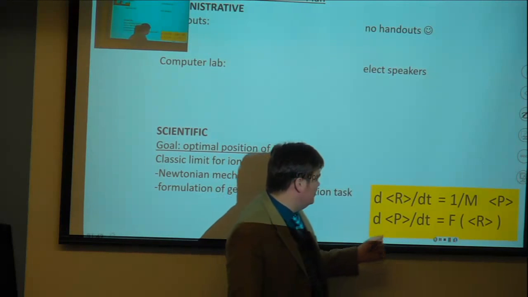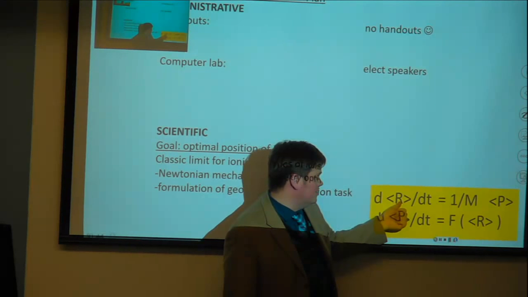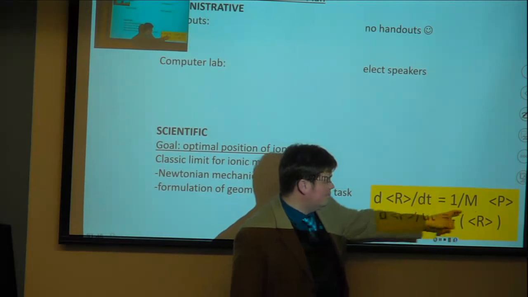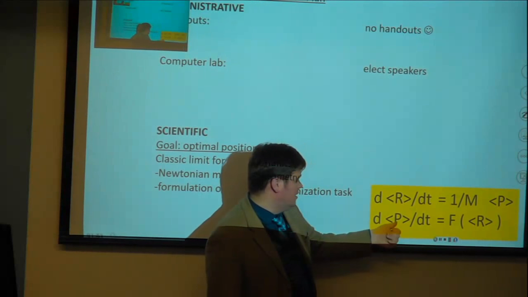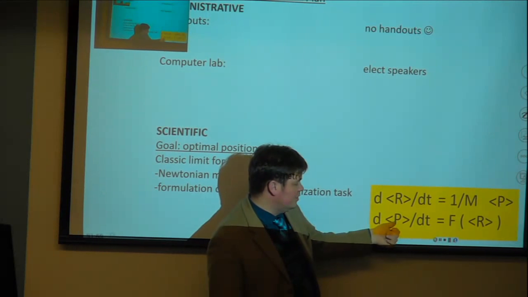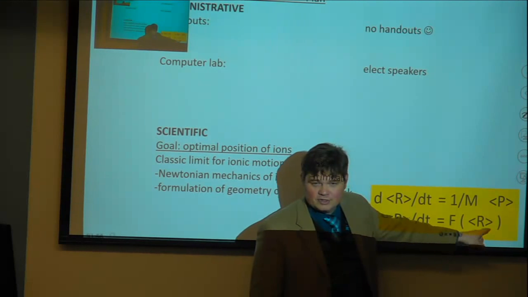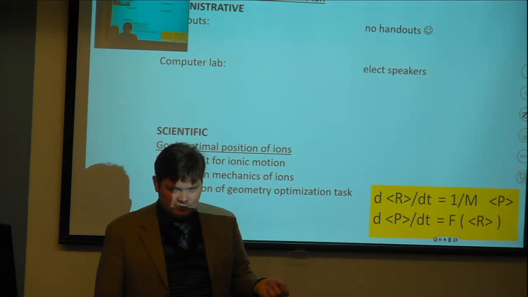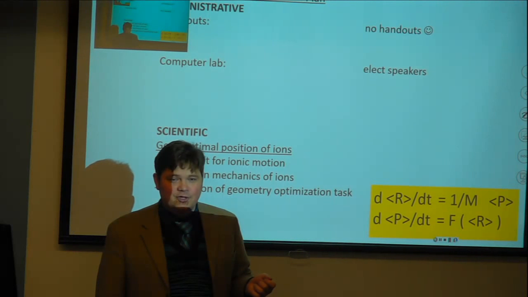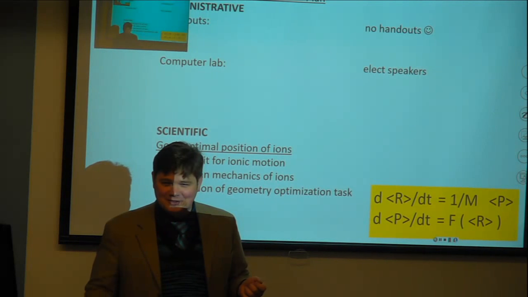So when you want to see how the position is changing in time, it depends on velocity, right? Momentum divided by mass. If you want to see how velocity, or momentum, changes in time, it depends on the force. So force is the reason to change the momentum, or force is the reason to change the velocity. If you don't object and agree with it, then you are certified experts in classical mechanics. You can go to the physics department and get full credit.